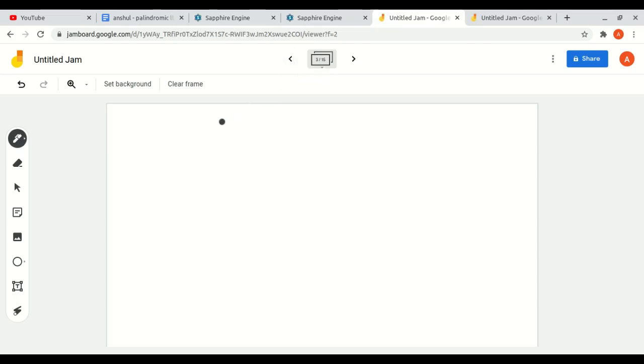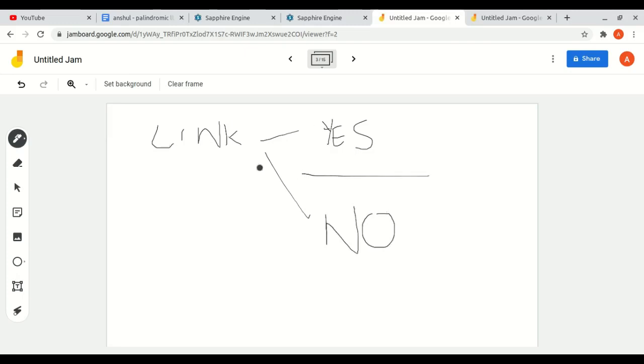First we have to think about what we have been given: a linked list, and we have to say yes if it is a palindrome, and no if it is not.